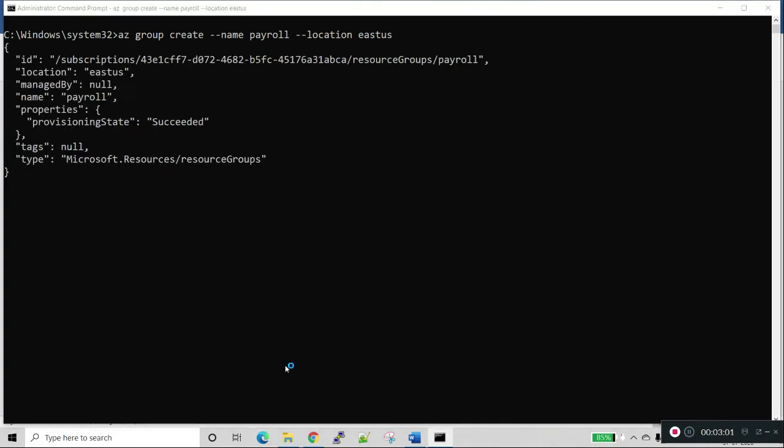In parallel, I will open the Azure portal to check whether our resources are created successfully or not.